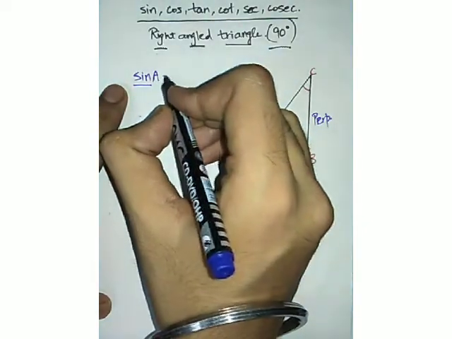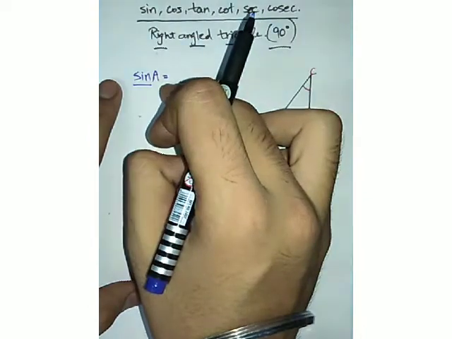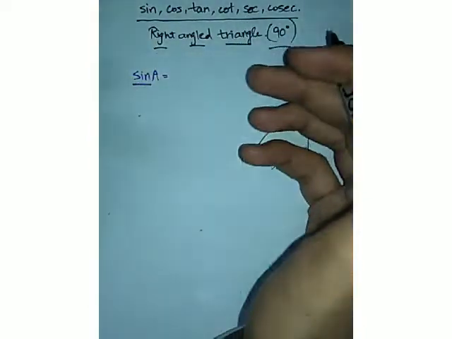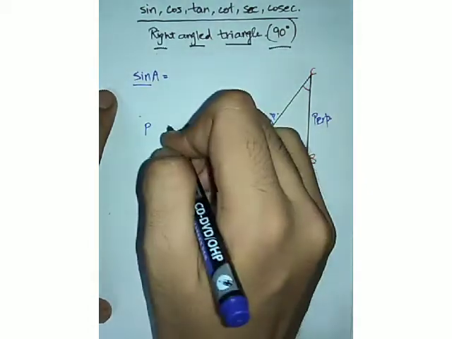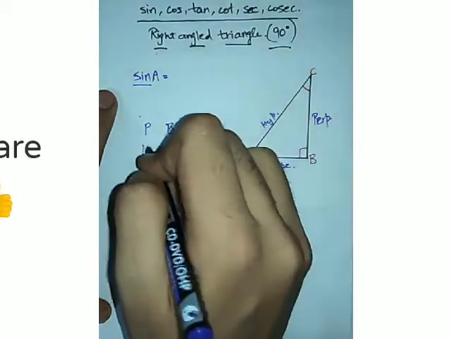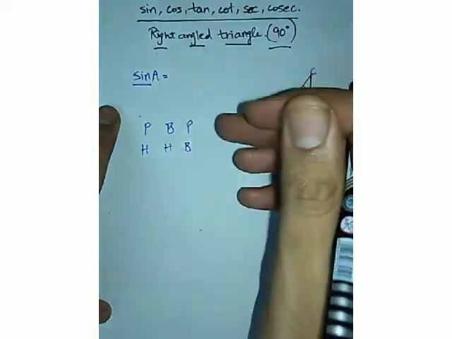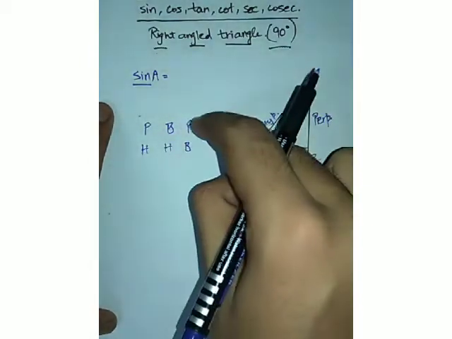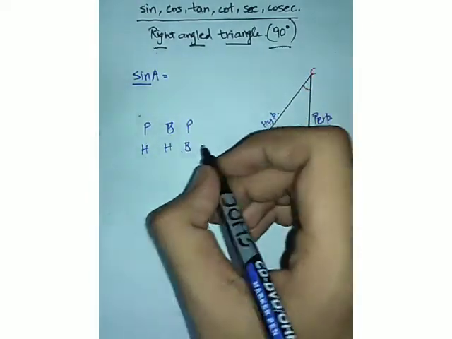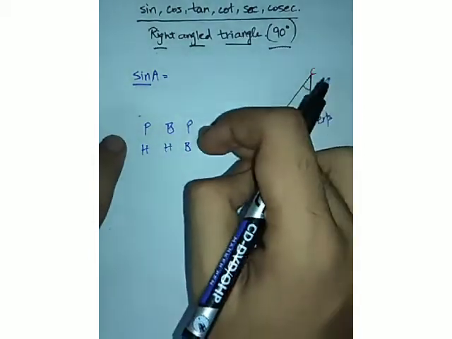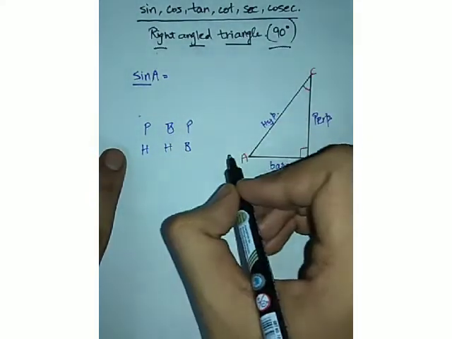So sine A, how can we find the value of sine A from this? Before proceeding, I'm going to tell you one code that you can learn. It will be very easy for you to define these kinds of ratios. Okay, that code is PBP HHB. In Hindi or Punjabi language, it's very easy to remember this code, because there is a particular saying, and these are the initials of that saying. But for you guys whose first language is English, you can simply learn this code, that PBP HHB. That's it.